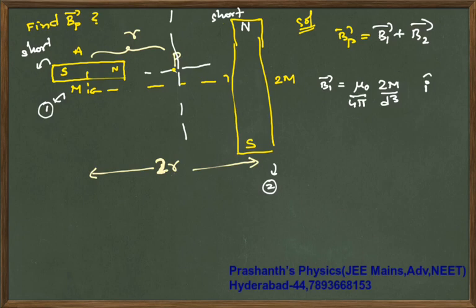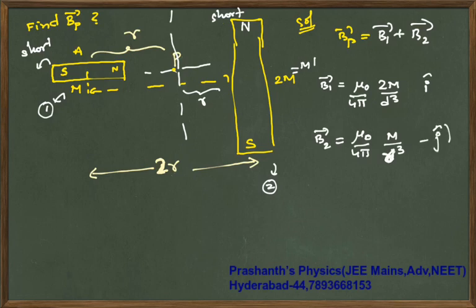Next, for the other magnet, B2 is mu naught by 4 pi into, if its magnetic moment is m dash, it is m dash by d cube. But the only problem here is, from here to here the distance is r, so you can write r cube, but it is minus j cap, it will be opposite to the direction of magnetic moment. Because of the first magnet it is upwards, because of the second magnet it is downwards, so your resultant magnetic field is mu naught by 4 pi times,